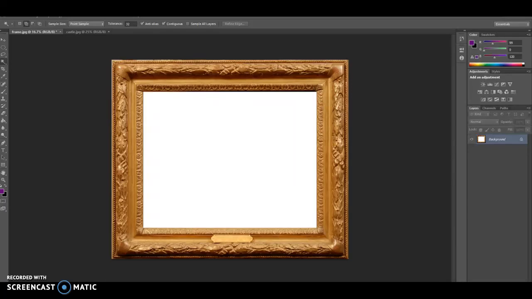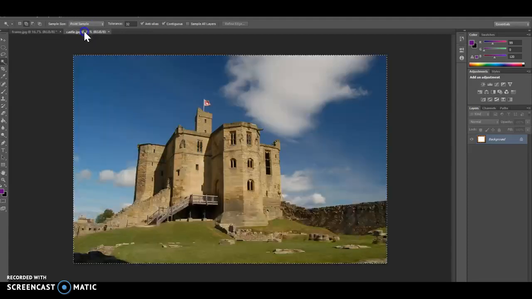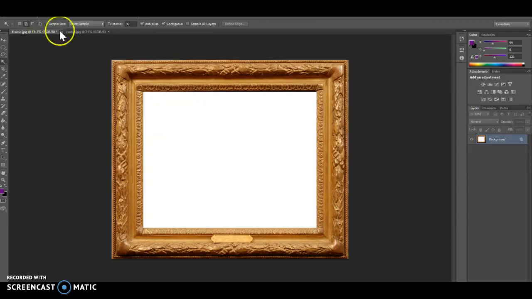Hi everyone, so the objective of this next tutorial is to take a picture of a frame that looks like this and a picture of a castle that looks like this, and you need to put the castle into the picture frame. So the easiest way to do this would be to have the two pictures open side by side